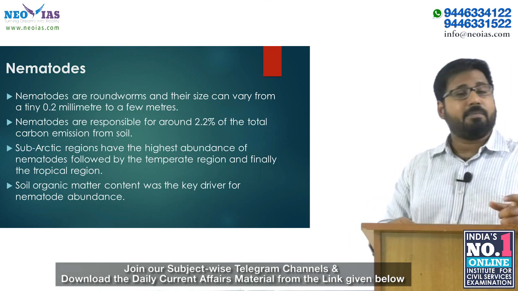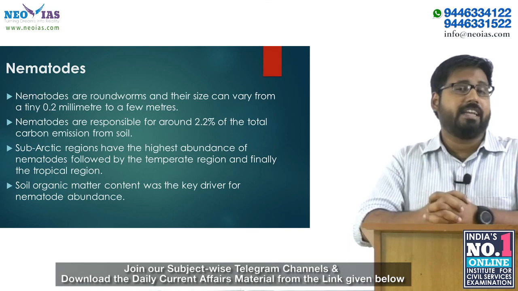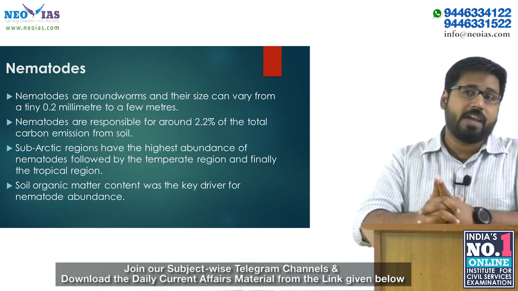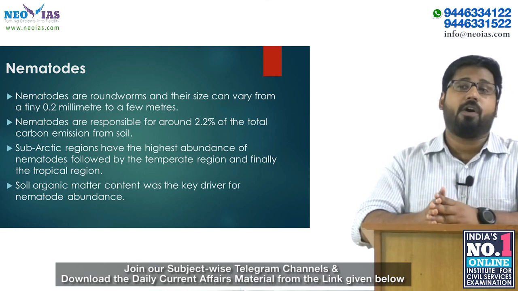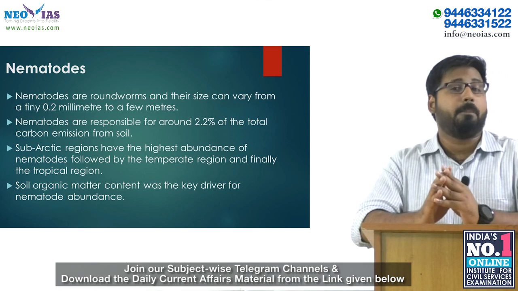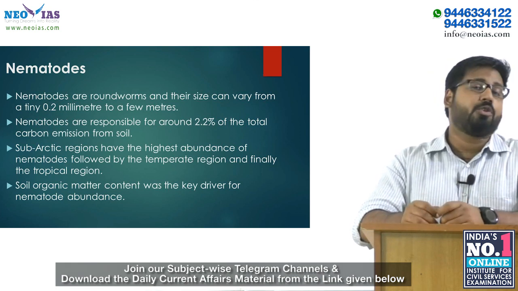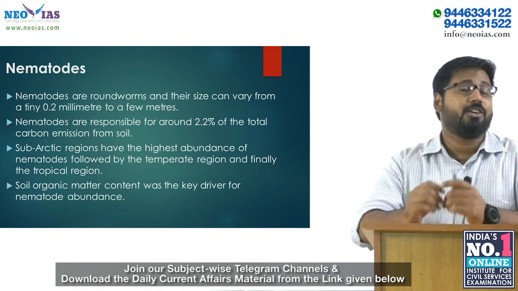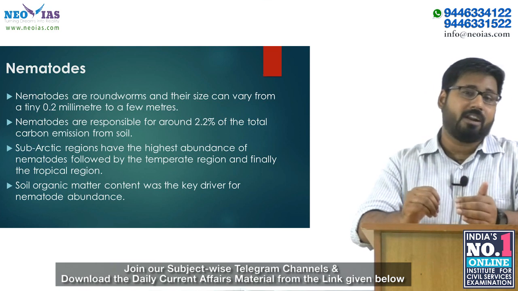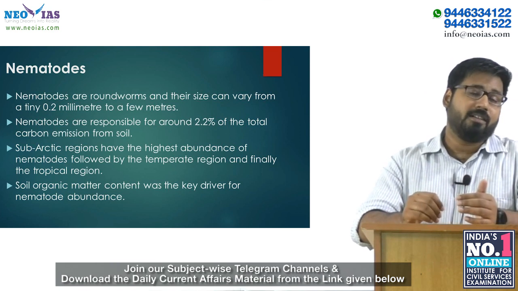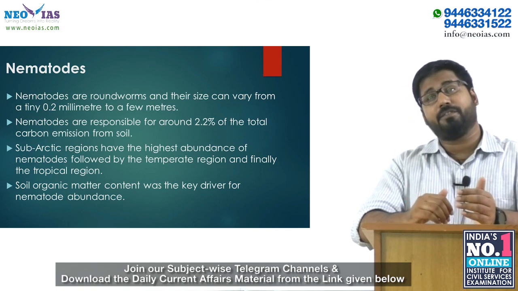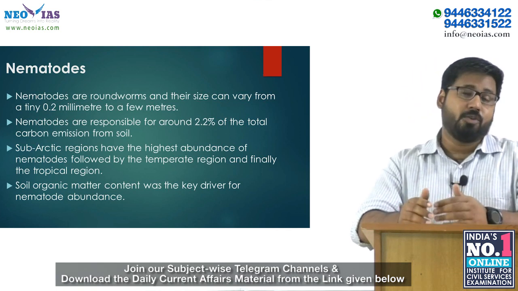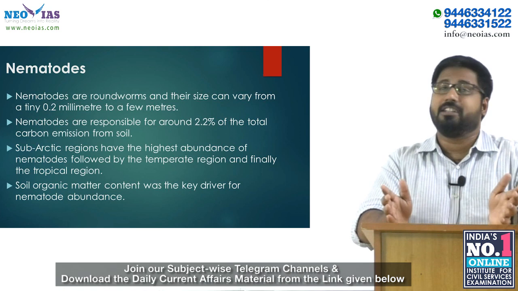Okay, a team of over 50 researchers collected over 6,500 soil samples from all 7 continents of the world and found that there are about 57 billion nematodes for every human being on earth. So that's a huge population. You already know there are around 8 billion people living in the world right now. So there are 57 billion for every human being in the earth, which means a very large amount.